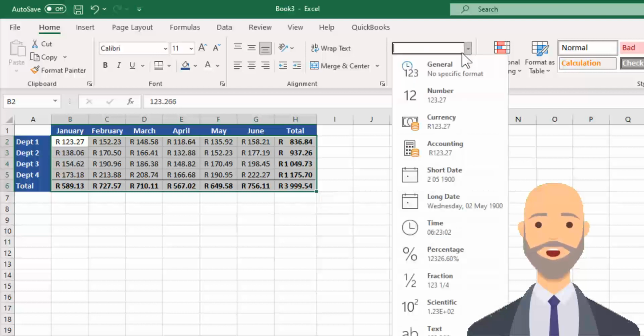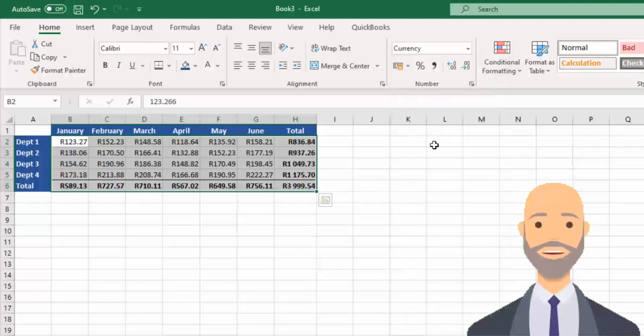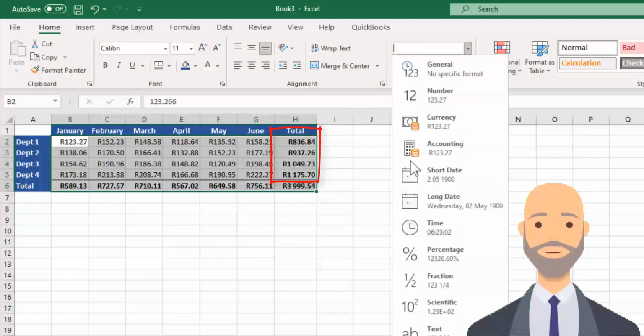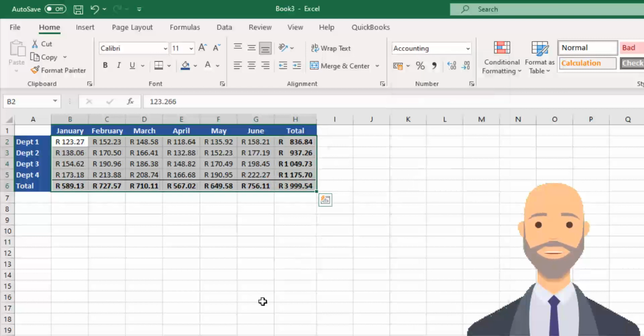You can also choose currency if you wish, but you can see the currency doesn't look as good for me. It doesn't align to the left. So I'm going to go back to my accounting. There we go. Right. If for some reason you do this and you're displaying dollar signs instead of rand signs,